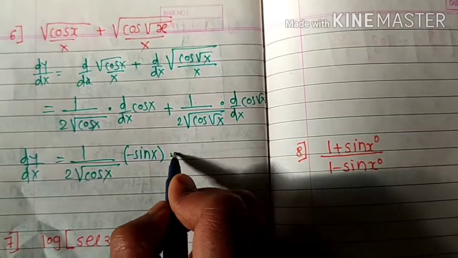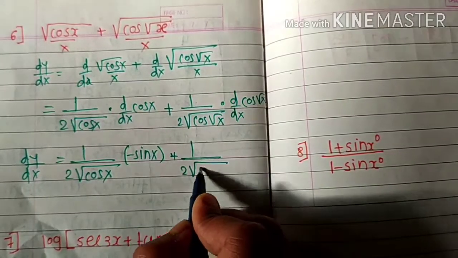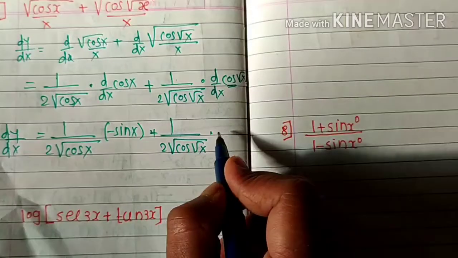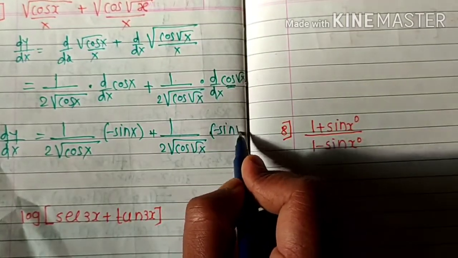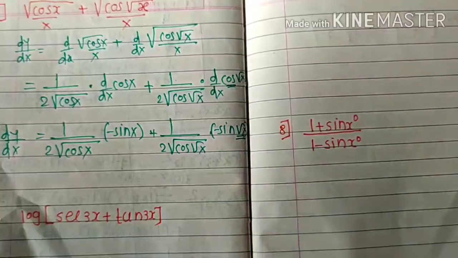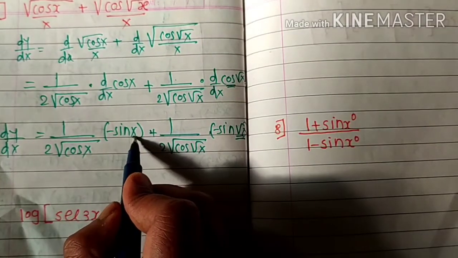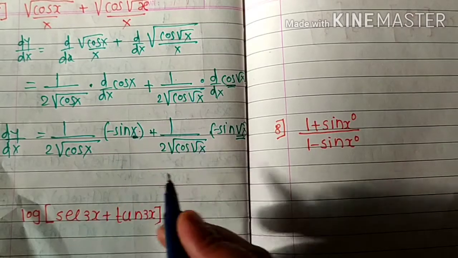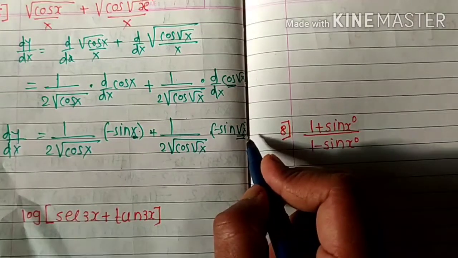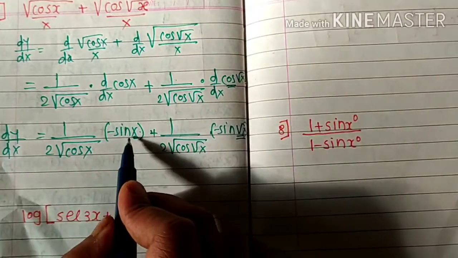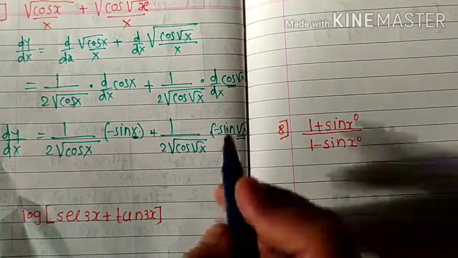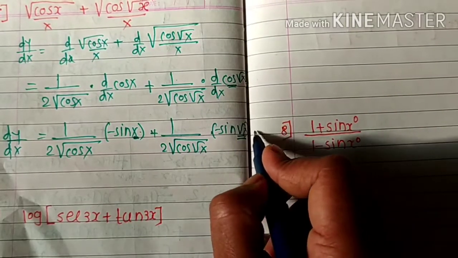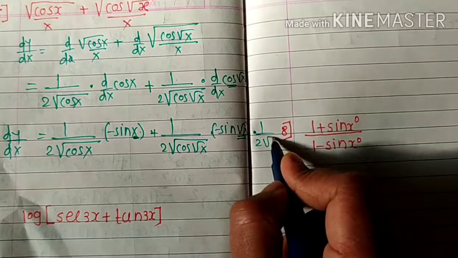Okay, then this 1 upon 2 into square root of cos of square root x, and here again the derivative of cos x first, it is minus sin square root x, and into again the derivative of this square root x exists. Okay, here the derivative of x is 1, so it is not necessary to write it as derivative of x, but here the square root x term is there. Means when we take the derivative of cos x we get minus sin x, into the derivative of x which is 1, but here the derivative of cos of root x is minus sin of root x, and into root x term is there, means the derivative of root x is again 1 upon 2 into root x.